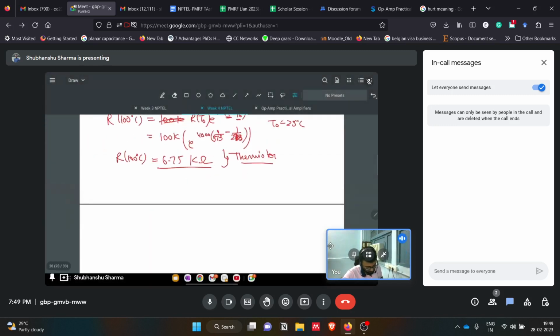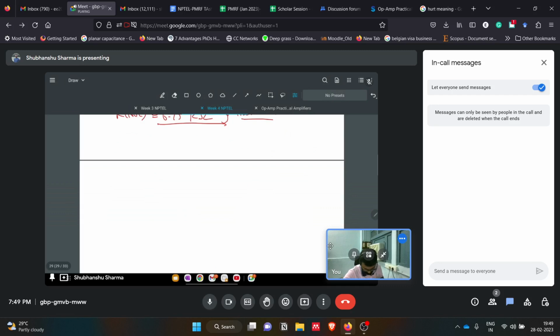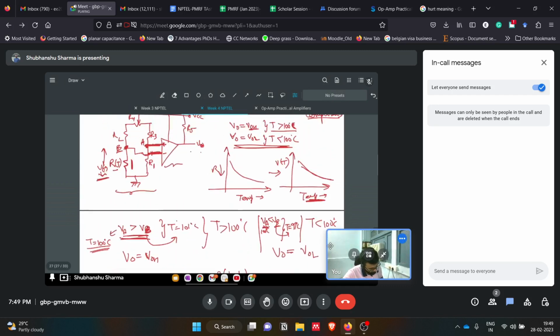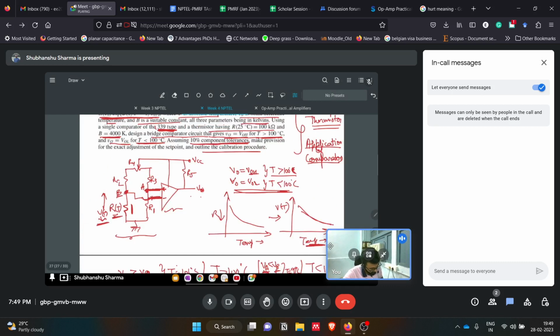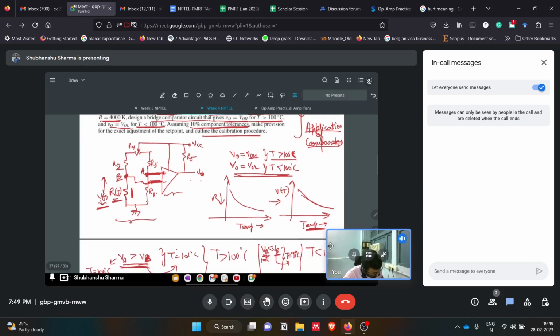So it becomes 6.75 kilo ohm. Now we got this value. Now we have to decide R2, R3, R1. We have made the circuit. Now we have to decide what R4, R2, R3, R1 will be. Since we have to maintain this